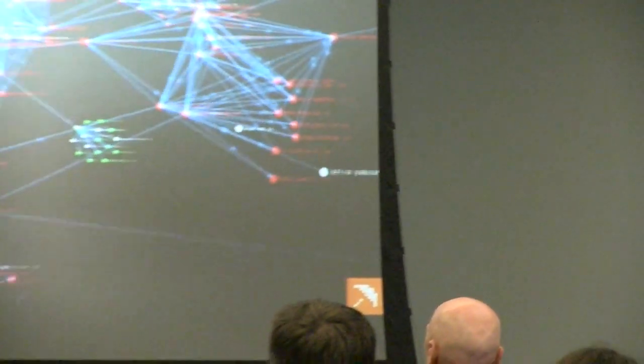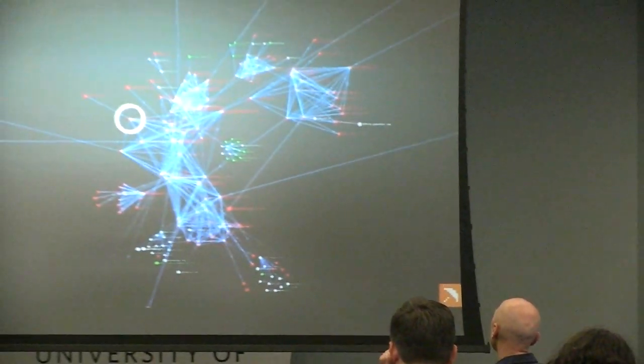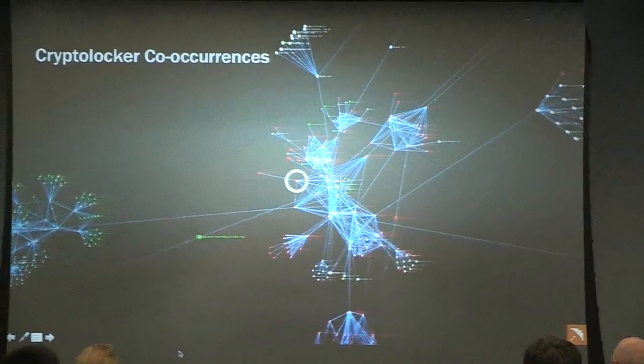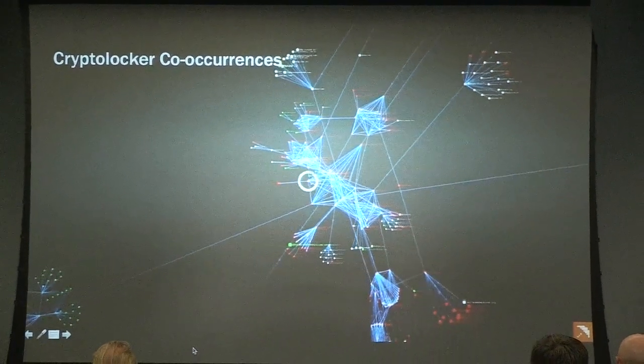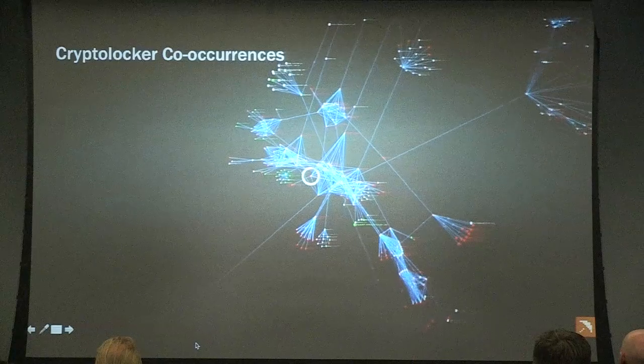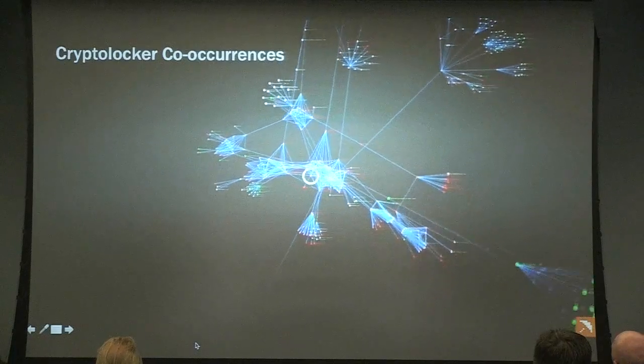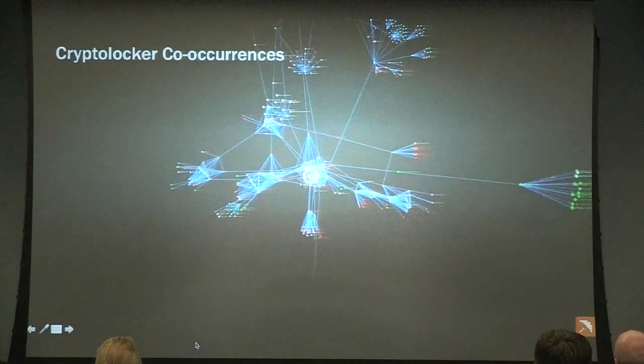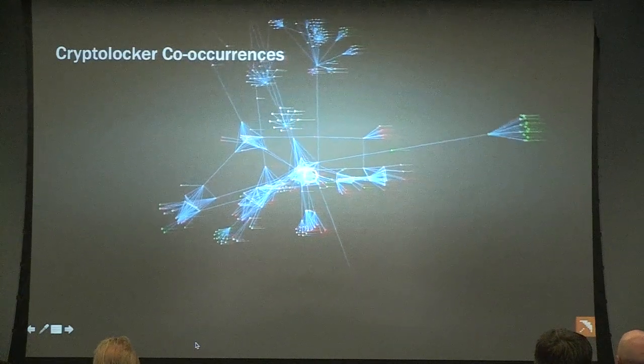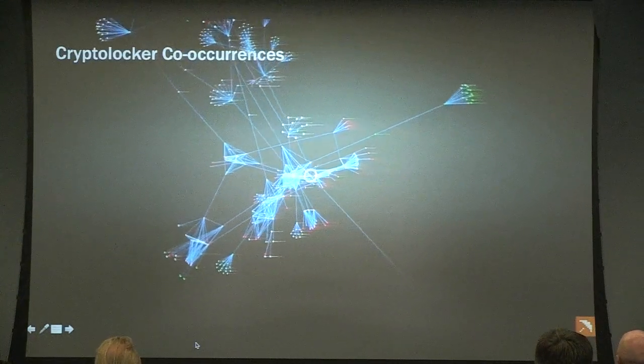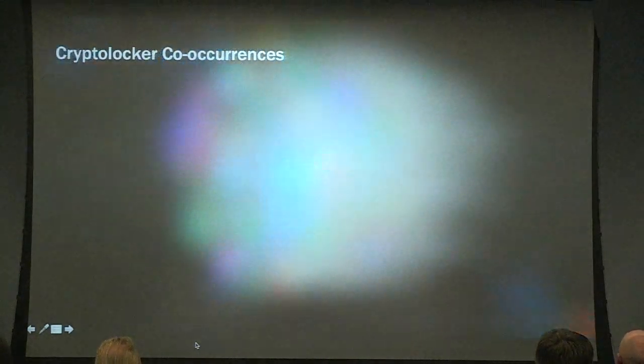This one is, I think, the last one. This is very similar to Timba, but Cryptolocker is, in my mind, actually a lot smarter. Has anyone been affected by Cryptolocker and willing to admit it? I'm sure somebody has. So what Cryptolocker does is, assuming your computer is already infected, or they get on your computer another way, what they do is they